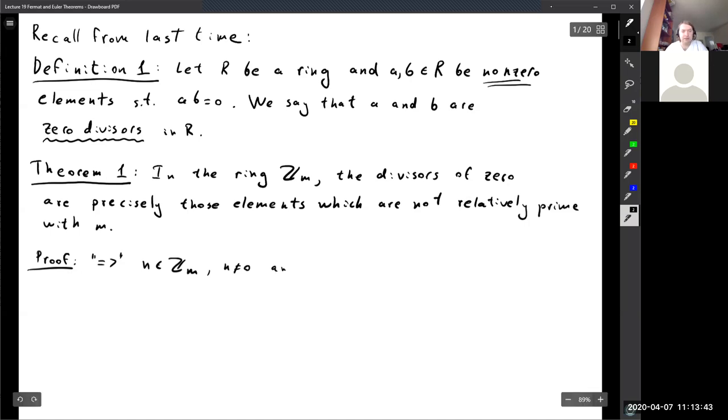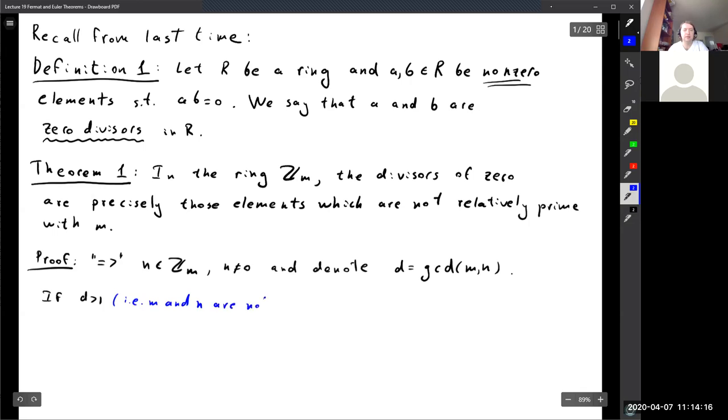And let d denote the greatest common divisor of m and n. So if d is greater than 1, which precisely corresponds to the case where m and n are not relatively prime,